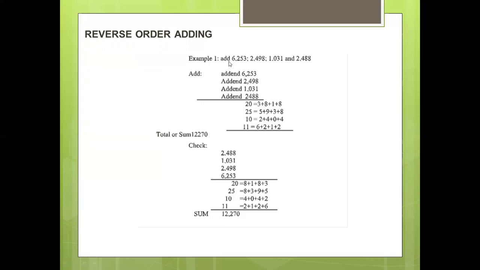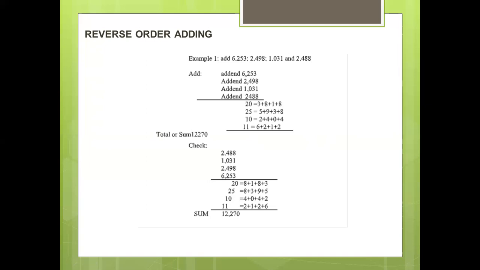We will be adding 6,253 to 2,498, 1,031, and 2,488. So these are all our addends, and we will be arranging all of them to their place values. As we can see, all of its place values are in thousands. So we have now arranged it, and then upon adding,